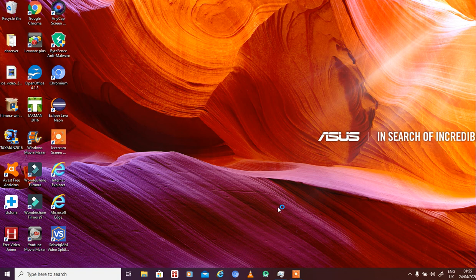Everyone. So my computer is actually running very slow. Today we will try to figure out what the problem is, and try to speed it up a little bit using some known techniques. First of all, we'll try to clean up some extra disk